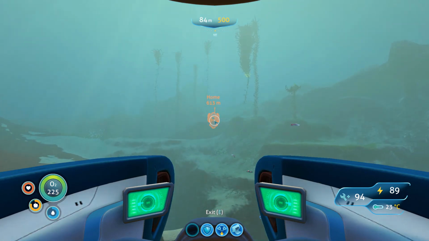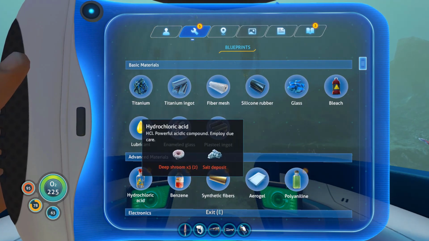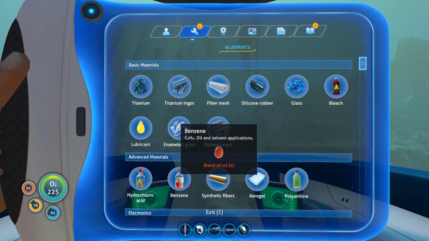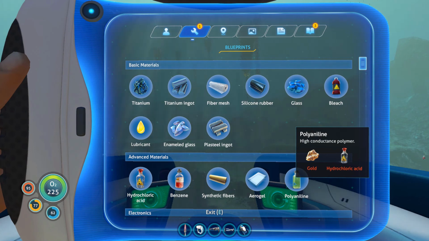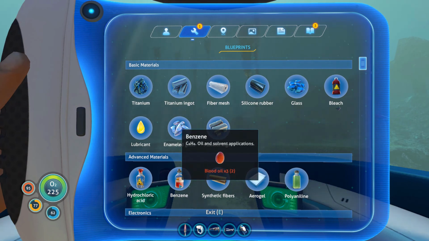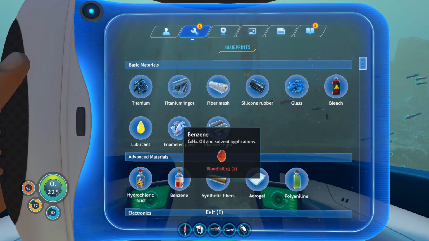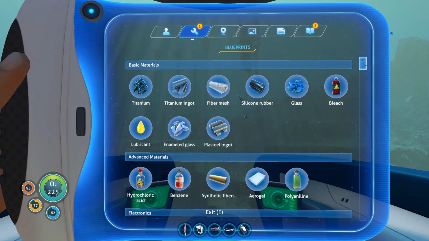Oh, and I did want to point out that we actually technically do know how to make this. Yeah, look at this. See, you make hydrochloric acid from the deep shrooms and salt. And then from that, you can make the polyaniline. Easy peasy. And the benzene is 3 blood oil, and then you can make synthetic fibers. We can make almost everything that they're...